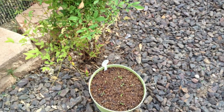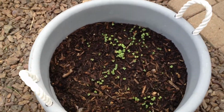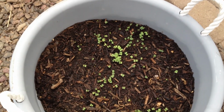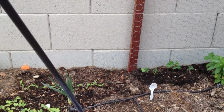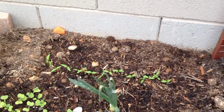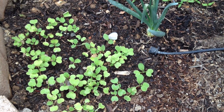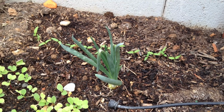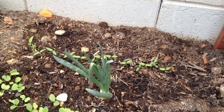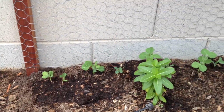Have some parsley, planted turnips, those are all the pepper plants, and the radishes, still doing well, and our onion is huge. Not really sure what's going on underneath there, but we'll find out, I guess. And then I